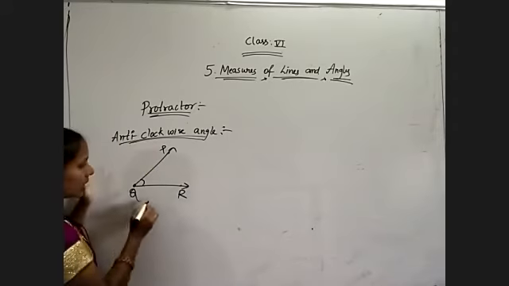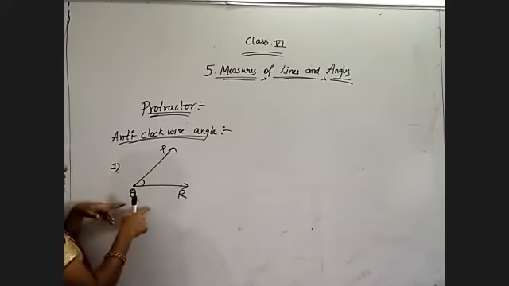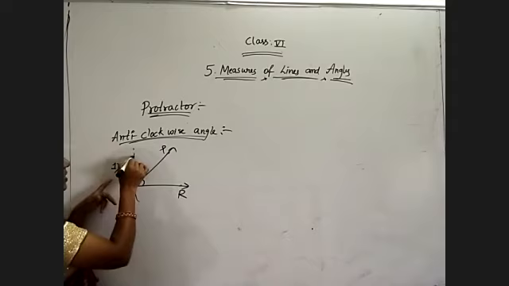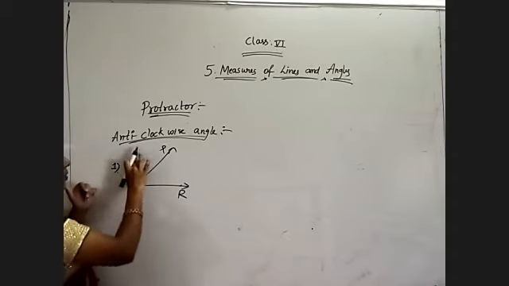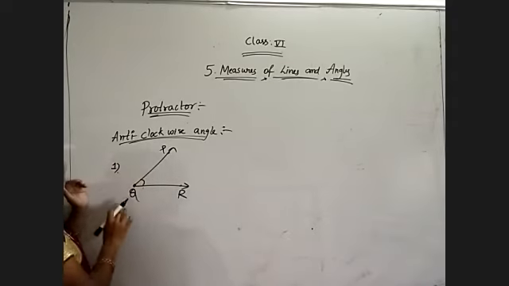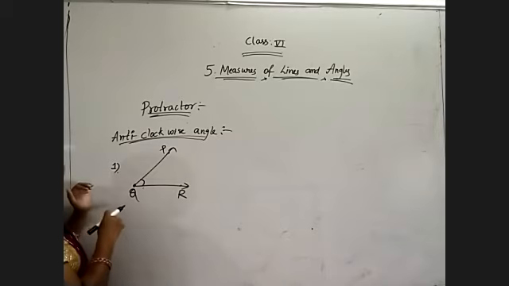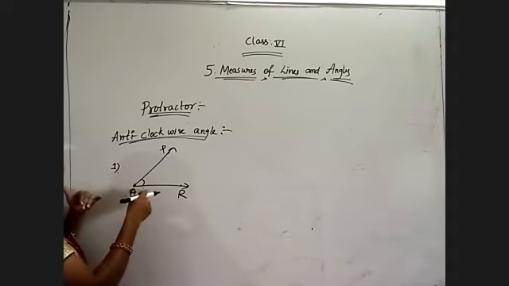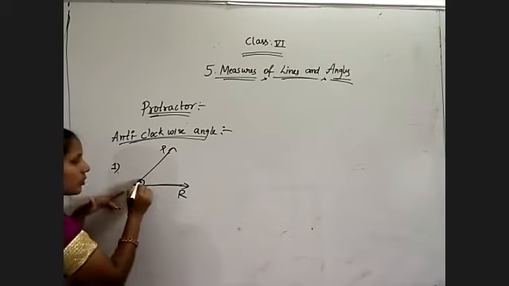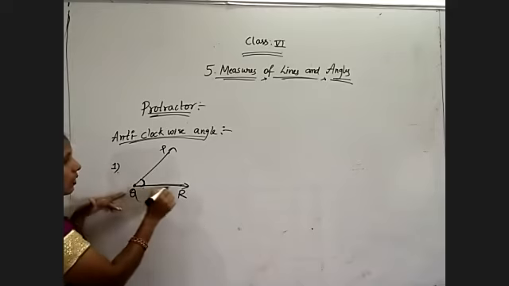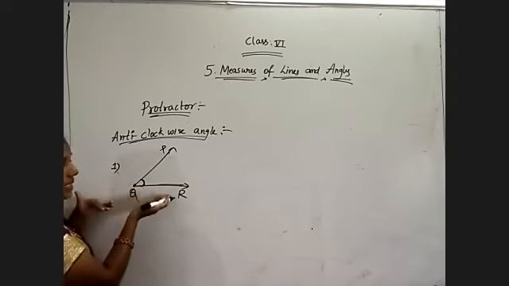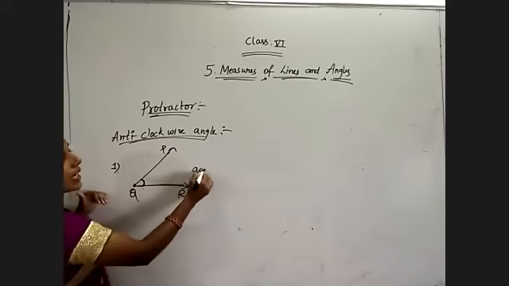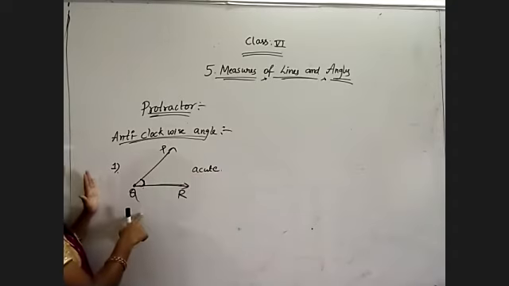Okay. So in the first step, we need to identify which type of angle it is. Just observe, it is lesser than 90 degrees, so it is an acute angle only, no? Less than 90, whatever numbers we are getting, all those are acute angles. See, it is not equal to 0 because some angle is there between QR and QP. So one angle is there and that is lesser than 90. So it is an acute angle. First of all, identify which type of angle it is.